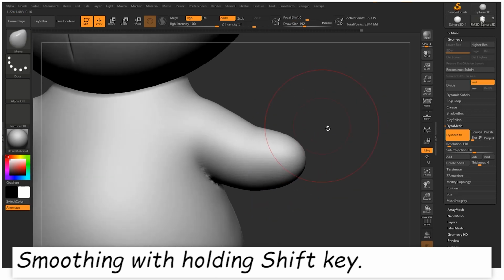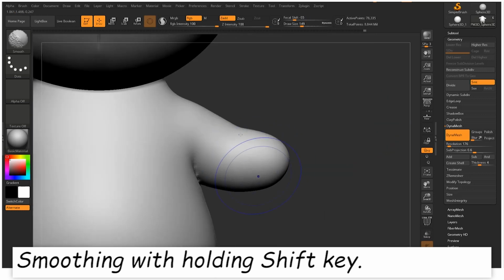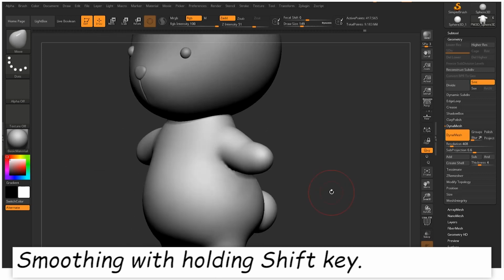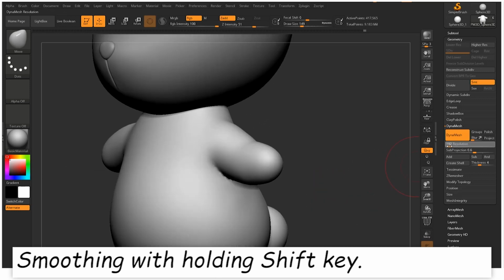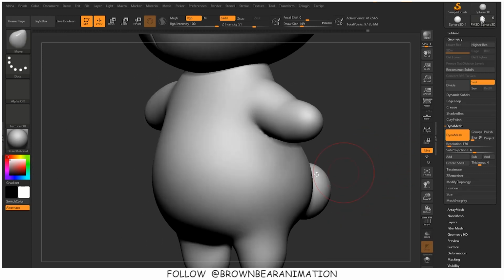Then for applying Dynamesh, I am dragging my mouse on the canvas. You can see in my other videos I have used the same tools, but in my panda video I haven't told you about posing it. In this video I am telling you about posing it, how references are important, and how blocking is very important.